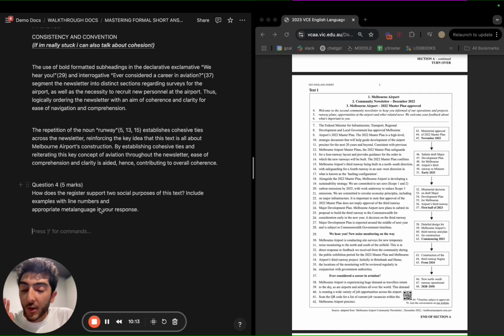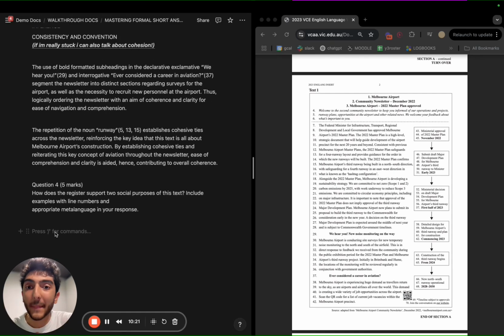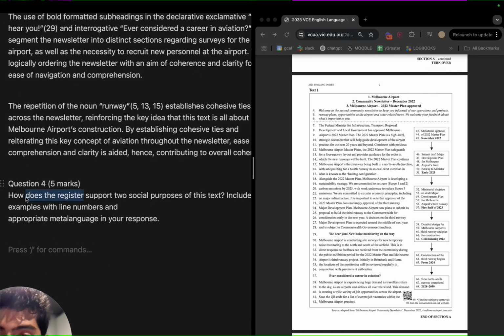Now, question 4, the jugular question, the juggernaut of short answer, the 5 marker, which is a pretty big deal. Now, 5 markers are marked almost like mini ACs. So it's pretty serious. We need to take it seriously, right? Which means let's try and treat it with 3 mini paragraphs, 3 unique examples, and 3 attached analyses in those examples. Now, make sure you address every aspect of the question.